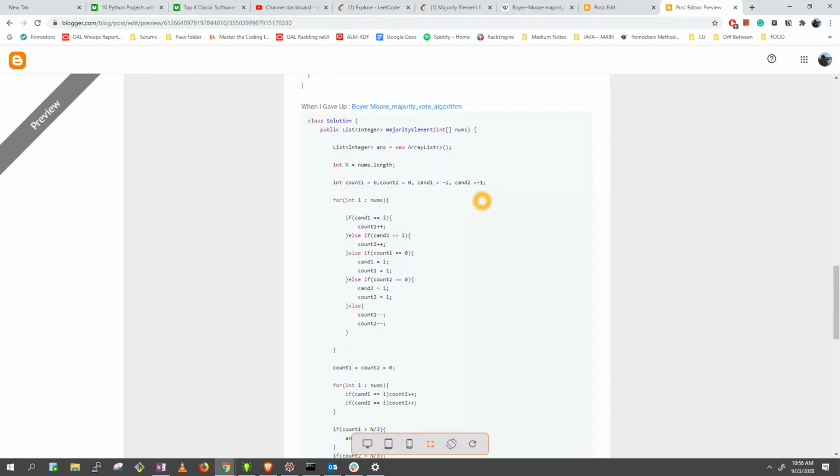We'll increment it. Then we'll see if candidate 1 is not having value, we also check whether candidate 2 is having value. If its value is there, then we increment it again. Otherwise, if candidate 2 is not having value and candidate 1 is not having value, then we put count, because the first time we go,